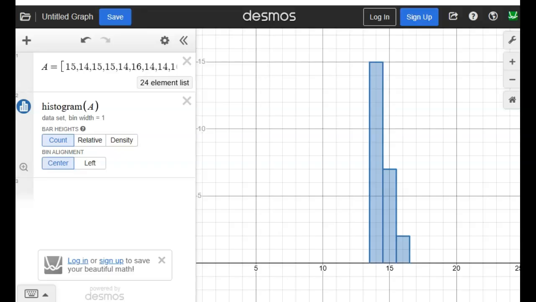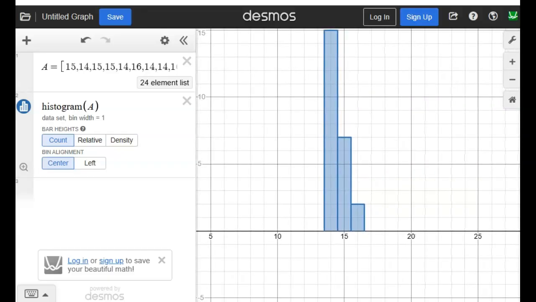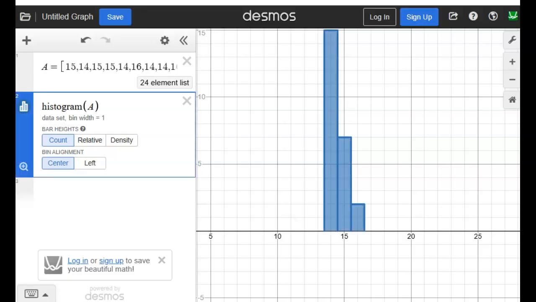Okay. So I want you to see the bin width. How many units is the width of the bin? 1, which makes sense, right? Because it's just age, we're counting by 1. But look at the bin alignment. This is very important because when you zoom in,